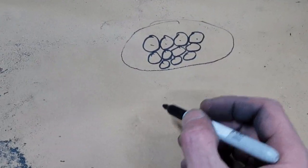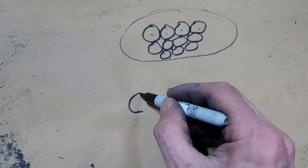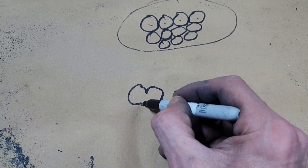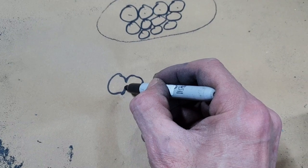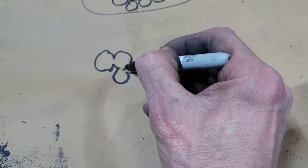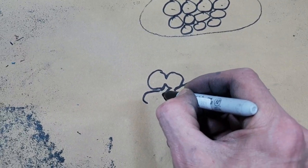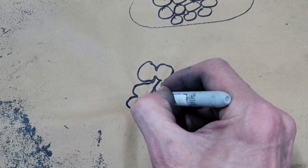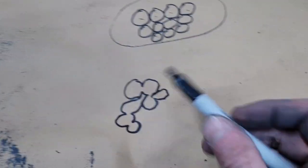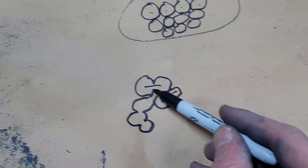So with an open cell foam, the difference is the cells Siamese together, which is going to be hard enough to draw, but let's try anyway. Let me look at the page and not the camera. So they'll be like this. This isn't great. So you get the idea. With an open cell foam, each cell can communicate to each other like that, like that, like that. The air can travel between them,